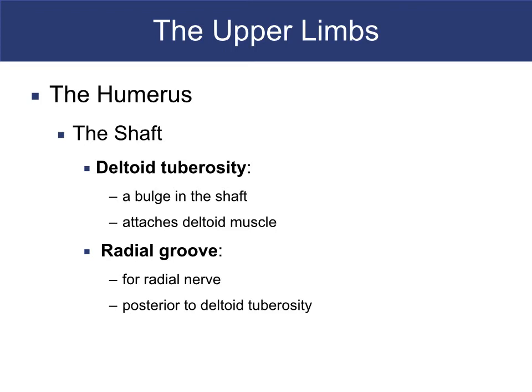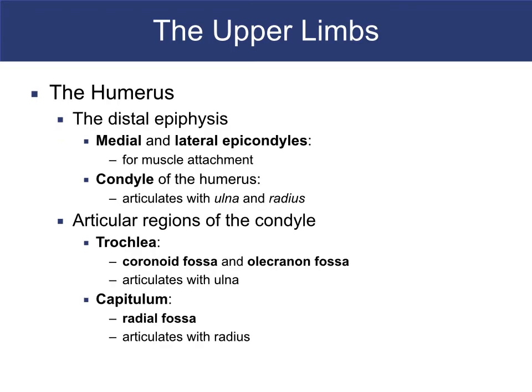Radial nerve is one of the three main nerves that go to your hand. We'll be learning those two. The distal epiphysis is the distal end of the humerus, and it has a number of things you need to